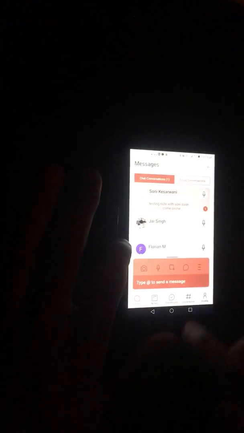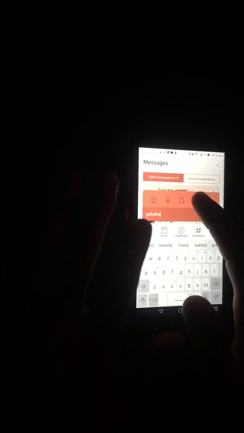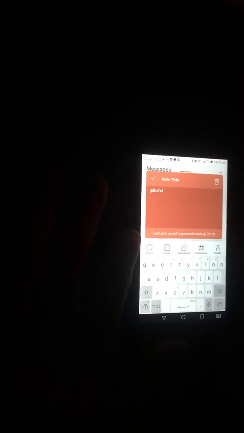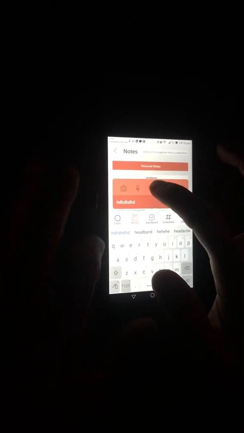The reason for that is that your intention was to straight away get to the note interface. If you were here somewhere and then pressed this, it would have opened this screen, because it sort of knows that you are making a note and then moving on to your chat. You didn't go to notes. If you had gone to notes and then typed something and then pressed the note icon, it would have opened the note screen.